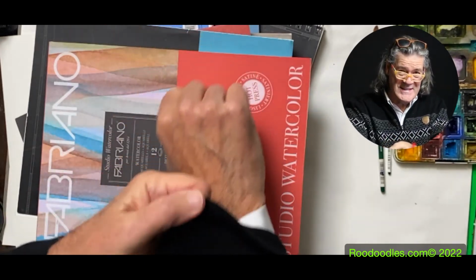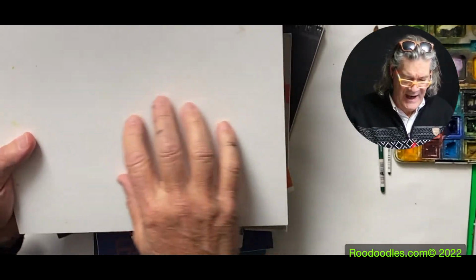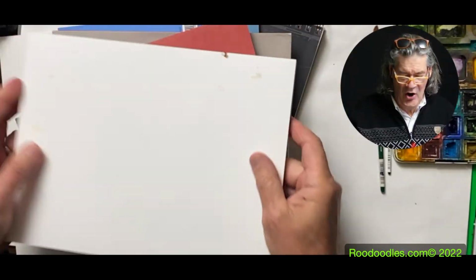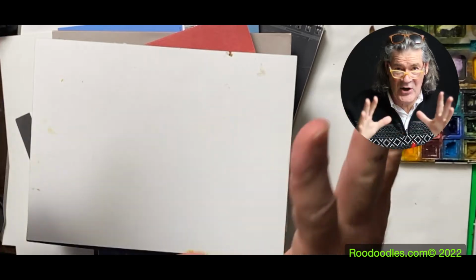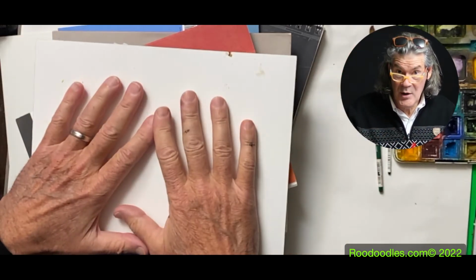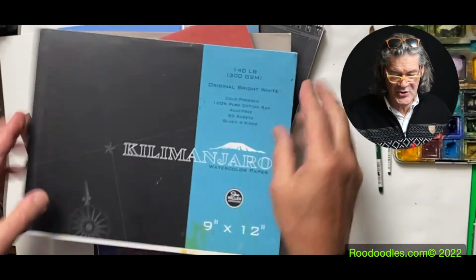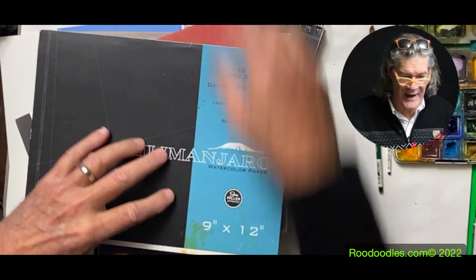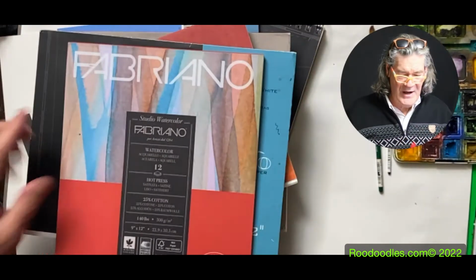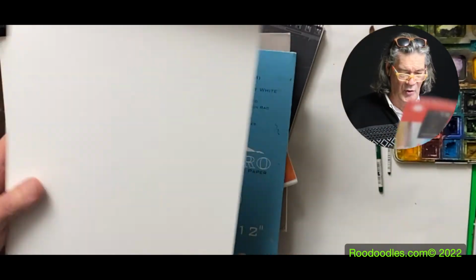So the paper itself has these little undulations in it, and you really can't see them on my camera, but trust me, they're there. I can hear them, and also they are wonderful at grabbing the pigment on those different facets and causing it to be really bright. And water responds differently on this paper than it does on hot press. This is Kilimanjaro 140 pound bright white cold press 100% rag cotton paper. This is Fabriano paper made in Italy, and it is smooth. Only listen,